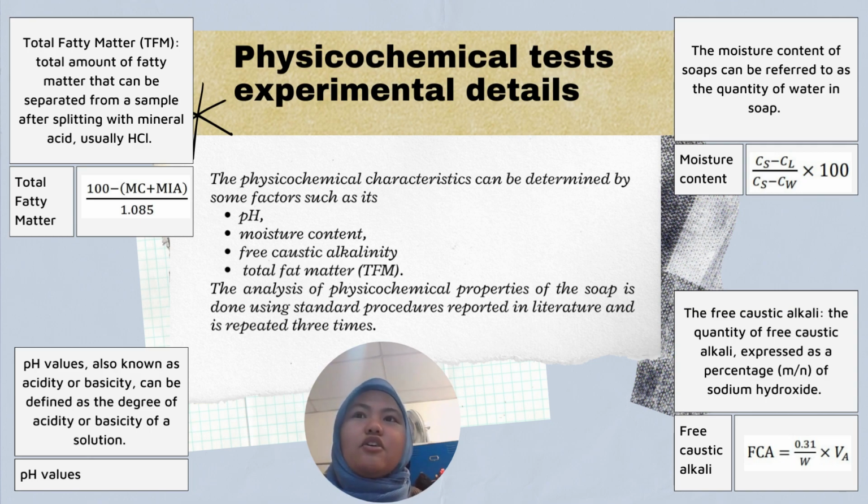The formula of total fatty matter is 100 minus MC plus MIA over 1.085. The analysis of physicochemical properties of the soap is done using standard procedures reported in literature and is repeated